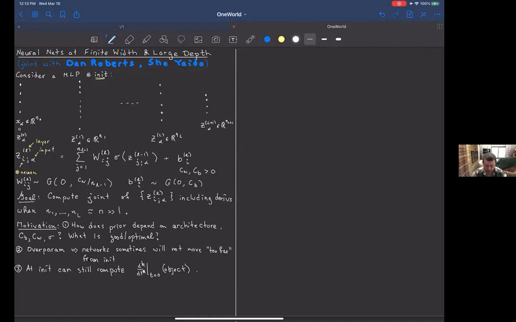Okay, so I hope I've set up the problem, at least mathematically. I hope I've motivated it a little bit. And now what I want to do is, because I'm trying to present to you this book that we're almost done writing, it's rather long and there's lots of results of various kinds. So rather than trying to go through all of them in detail, first let me give you a summary and then I'll go through a couple of them.